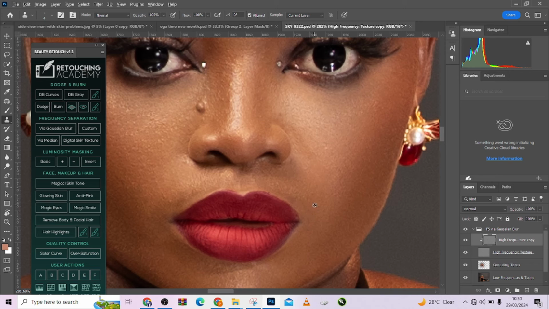This is wrong, so we'll do Ctrl C. Our brush became too big for